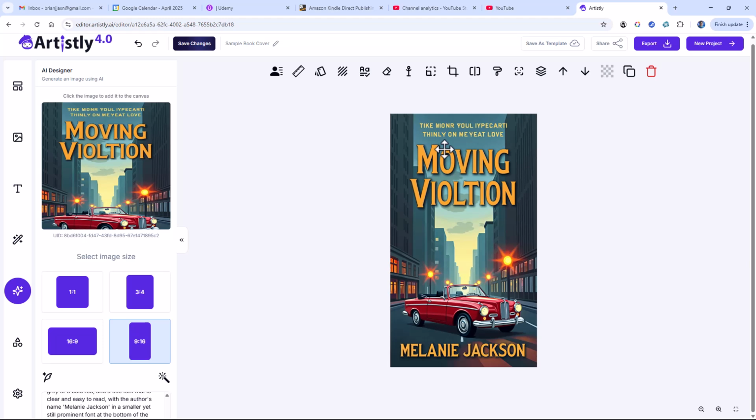I've reported this bug to the development team, and they haven't responded. There is no way to stop Artistly from creating this garbage text. There is no way to remove it after it creates it. So you've got to do it in an external program. That's a real problem. Now, the other thing that I wanted to show you is, let's save this, and then